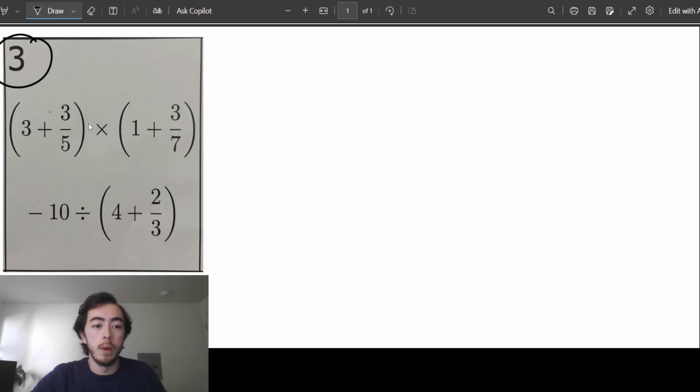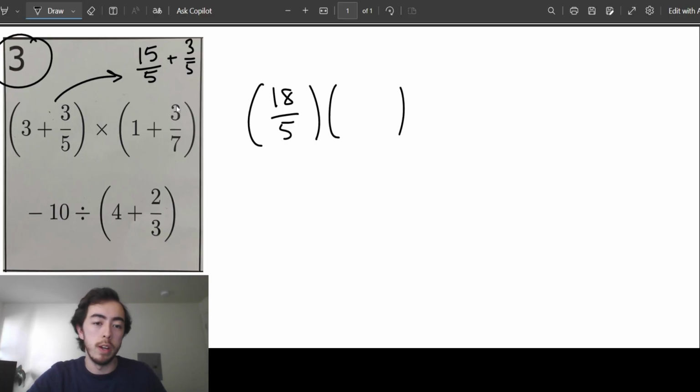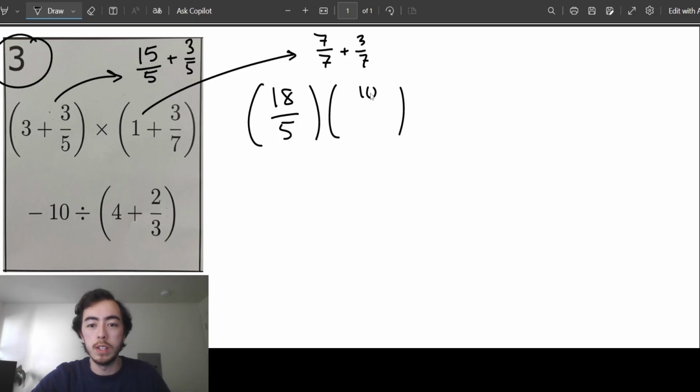Usually here, when I want to do arithmetic with mixed numbers, I'll convert them to improper fractions instead. So kind of thinking about this, I could rename 3 as 15 fifths, because that reduces back down to 3. And that lets me add on the 3 fifths and get 18 fifths. And we're multiplying this to 1 plus 3 sevenths. Same thing here, this 1 can be thought of as 7 sevenths, and adding on 3 more of those gives us